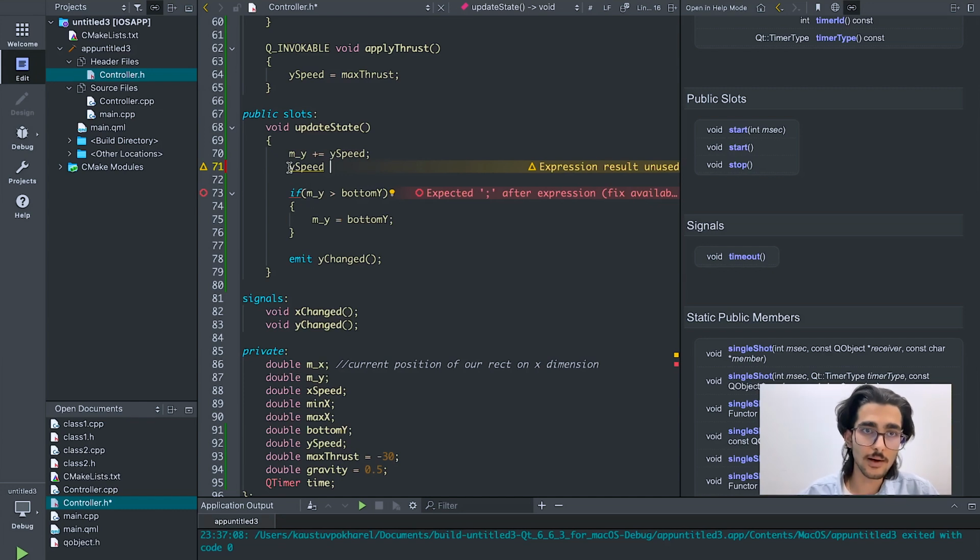So now here, our current position is changed by y speed, which is coming from max thrust, which is -30. So our current position is changed. Whenever we push the button, it goes up. And now what I want to do is I want to apply the gravity, right? So I want to change this y speed, which is going up, to go down. So I'm going to